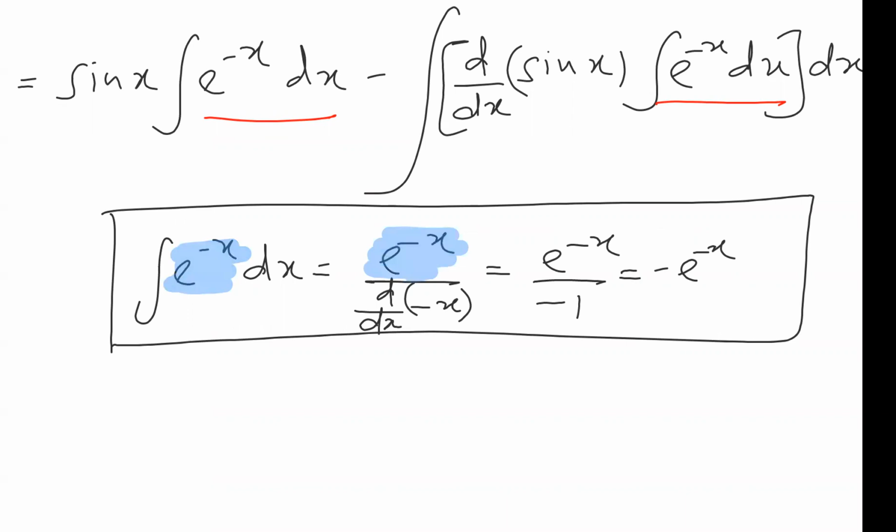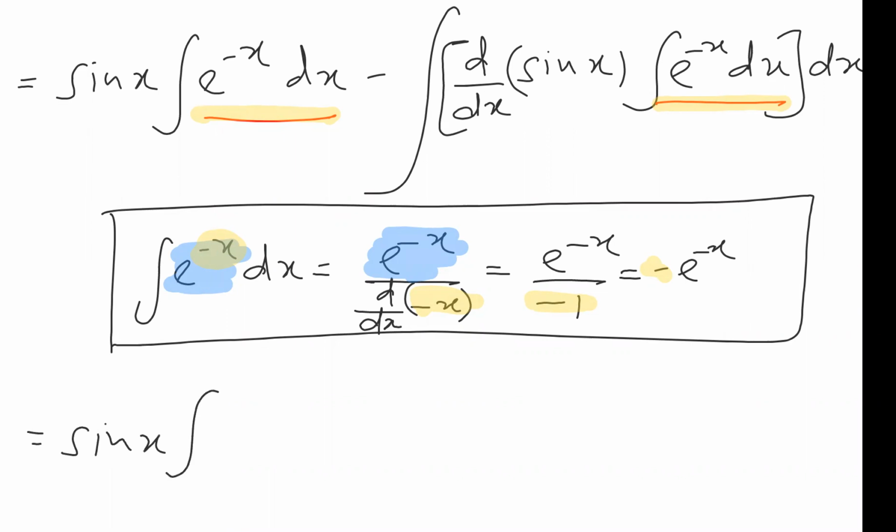Integration of e raised to minus x is e raised to minus x, where x is getting replaced with minus x. So the derivative of minus x will come in the denominator. Minus x is a linear algebraic term. Okay. Derivative of minus x is minus 1. That minus is shifted in the numerator. So just remember, throughout the problem, whenever we see integration of e raised to minus x, it is minus e raised to minus x. Okay. So this is equal to